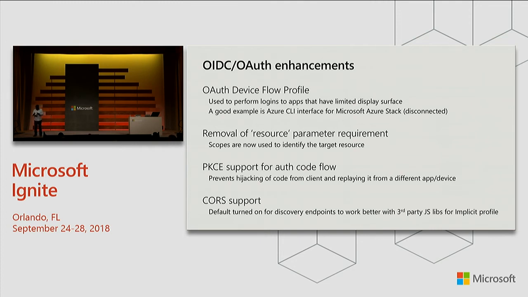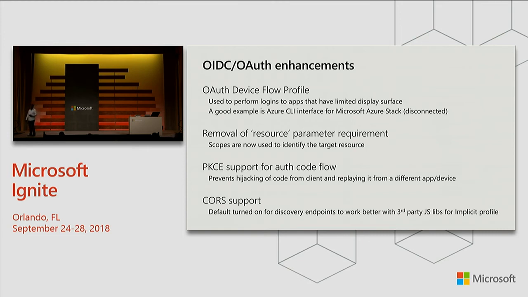Now, based on patterns that we've seen in iOS and Android, there was a potential way to hijack that code, all right? There's a few machinations you have to go through, but there's a potential way to hijack that code and then steal that code, ship it out, complete the transaction, and then steal the token. All right? So there's a way potentially to do that. PKCE is really giving us a proof of possession between the two parts of that transaction, one that starts in the authorization and moves to the token endpoint. It gives us the ability to bind it. Think about it as client-side binding to make sure that you can't steal the code and play it from a different client. So that's the third one.